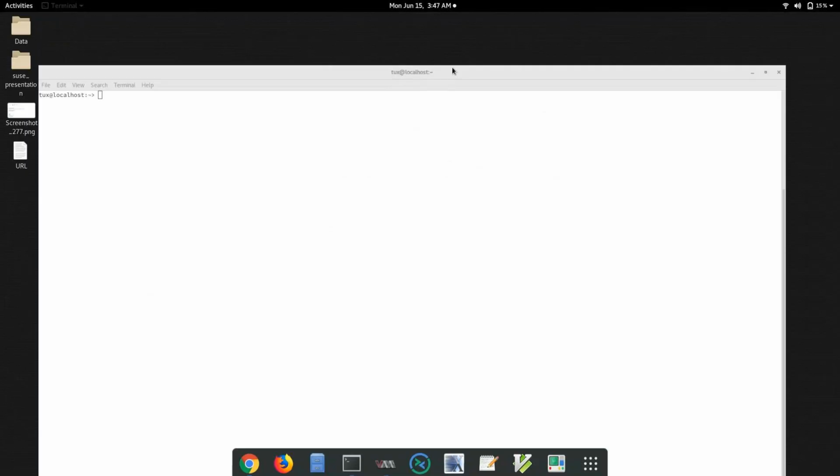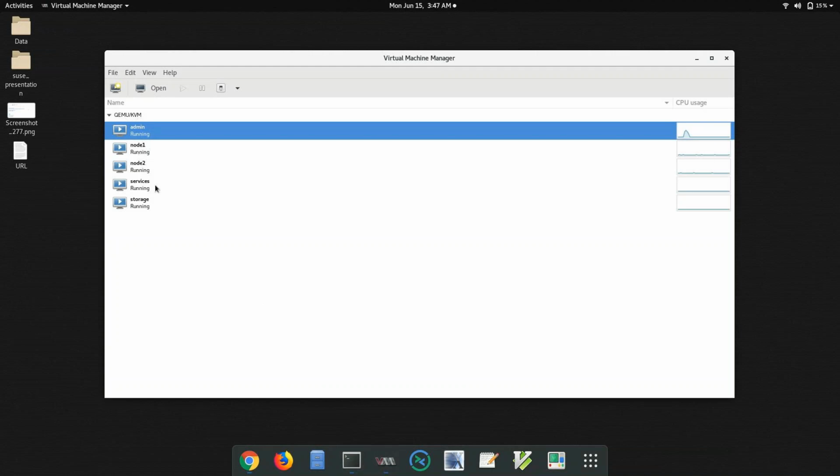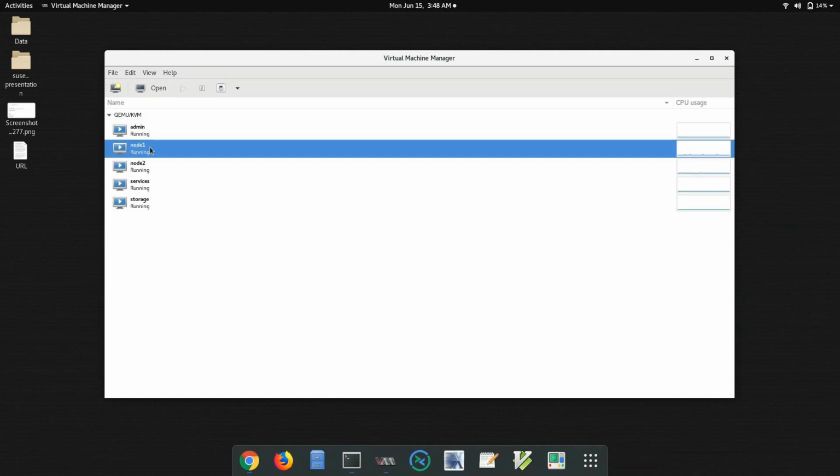So here, as per my setup, let me close this up. I have a couple of machines. The first machine is the admin one, which is an additional machine. It is not a direct requirement of HA, but I have GNOME installed, so I can use the browser to access the cluster in a graphical way. That is the only purpose of this machine. Node 1 and node 2 make up the two node cluster, and they will be participating in the cluster.